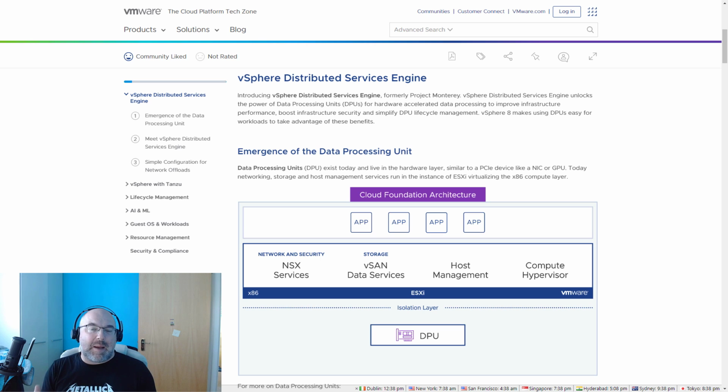To give you an example of how that helps, let's look at NSX, which can be installed on a DPU, and all the load, all the security, can be offloaded to the DPU. So essentially you are installing NSX on the DPU and all the load of NSX is on the DPU. Also, if you install your vSphere 8 on a DPU,